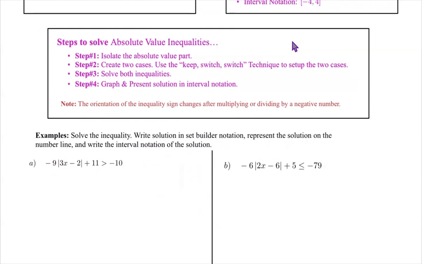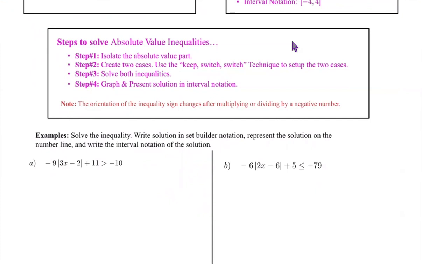So now let's start with this example. In this example, it says solve the inequality. Write your solution in set builder notation, represent the solution on the number line, and then write the solution in interval notation, all the solutions. So let's see here in the first example. We are solving